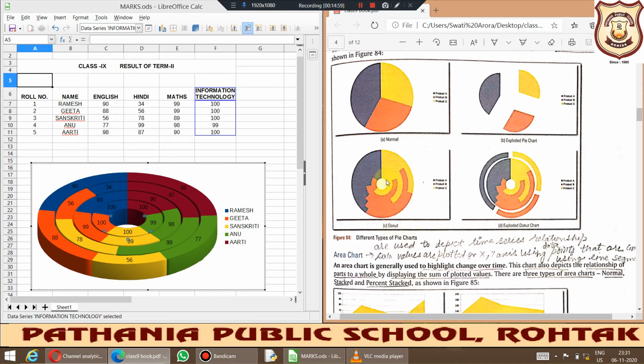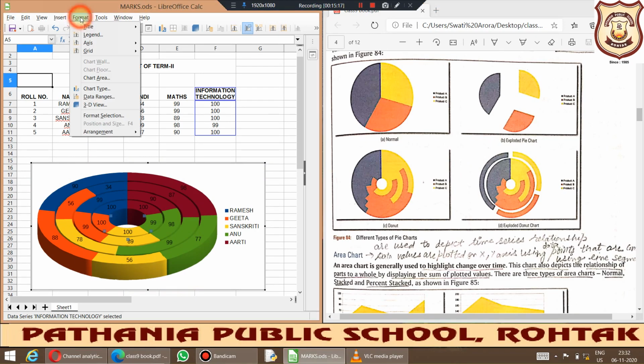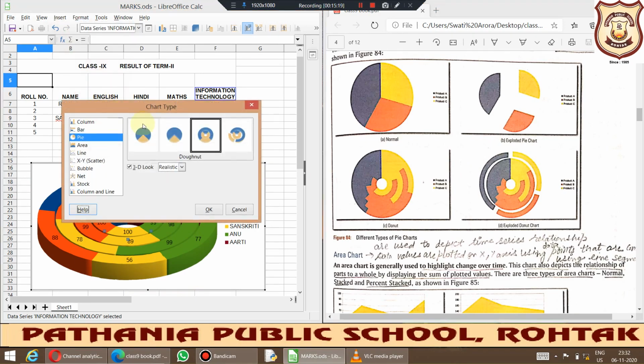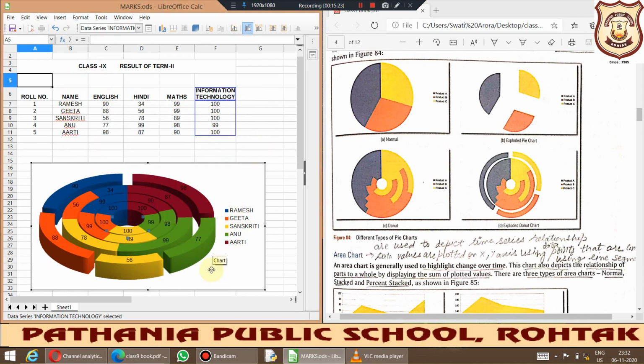Okay, donut chart is for the representation of different series. So with the same data, if we want to go with exploded donut chart, it will get exploded, and it will look like this, meaning the outer layer of this donut chart will be exploded only. So let us change it. In chart area, now I'll be selecting exploded, so you will find the change like this only. Okay, it has been exploded. Rest of the representation is the same.